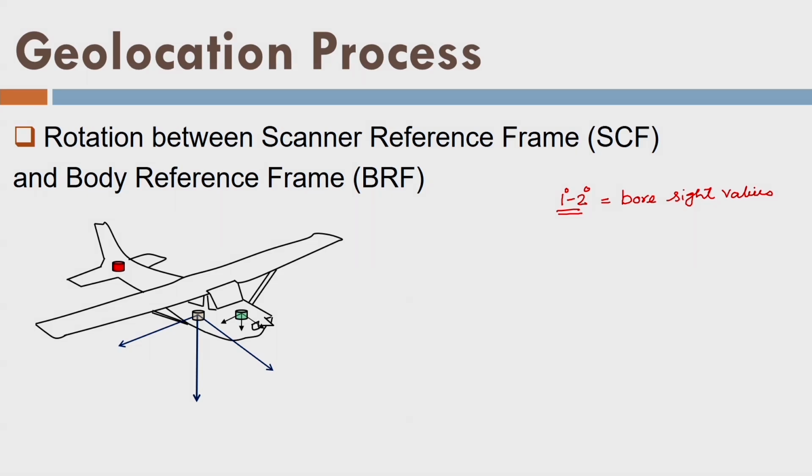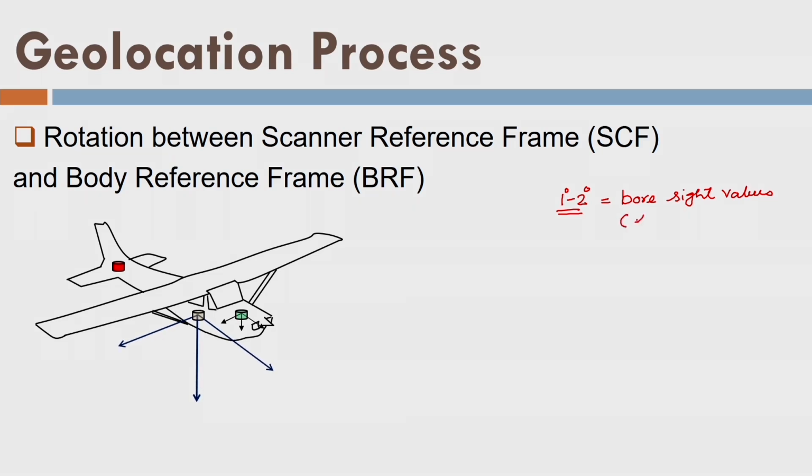Now, we orient the scanner reference frame into the body reference frame. What is the reason here? When the IMU is switched on, it will indicate the direction of the Earth tangential reference frame, and if the scanner reference frame is aligned with the body reference frame, I will be able to convert the scanner reference frame to the Earth tangential reference frame. So, that is the purpose. So, let us align the scanner reference frame into the body reference frame by 1 or 2 degrees, and we are indicating it by some vibration here in the animation.